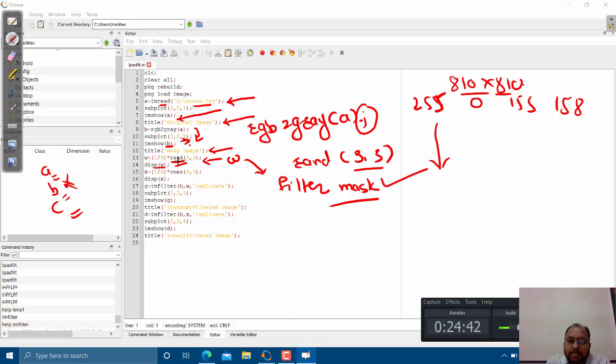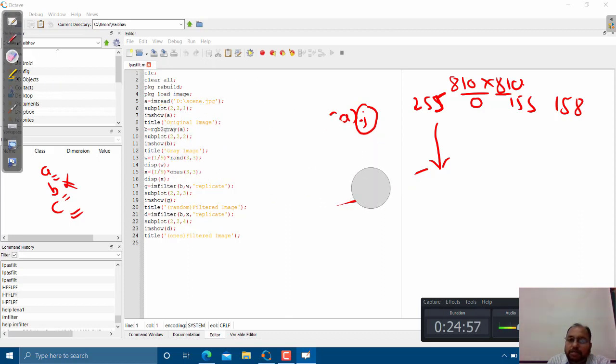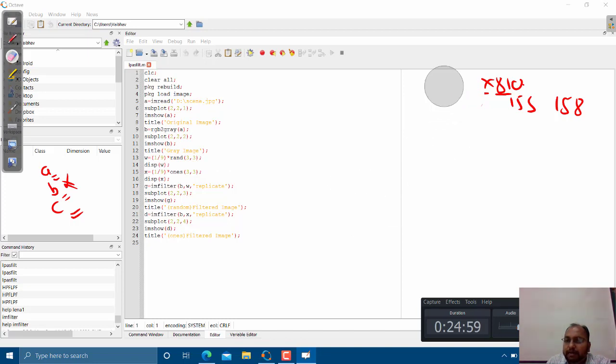So I have used a random function, and this is the size of that particular matrix. And 1 by 9, as we have seen in previous slides, is nothing but a weighted sum, by which value we are going to divide, right? So for that purpose we have taken this one.